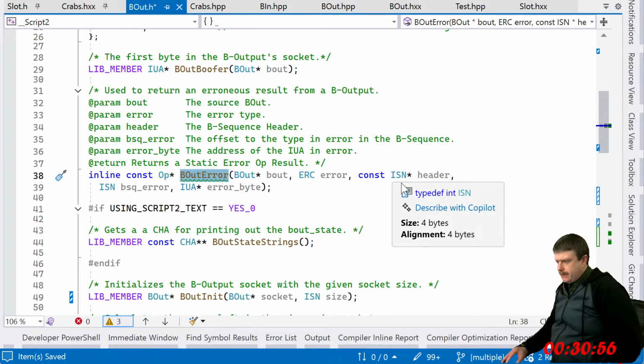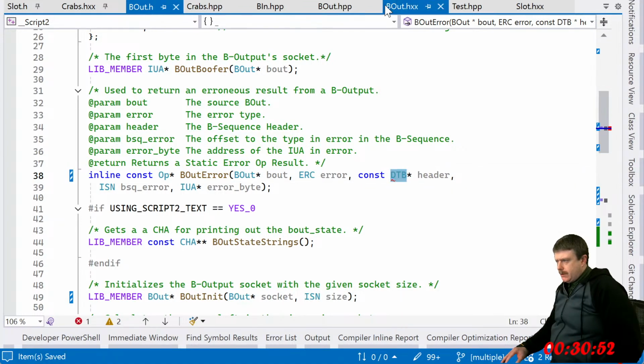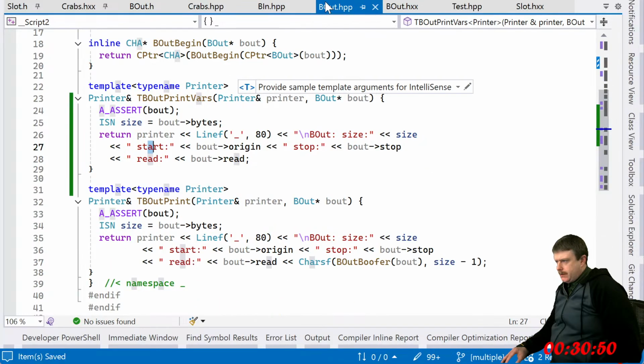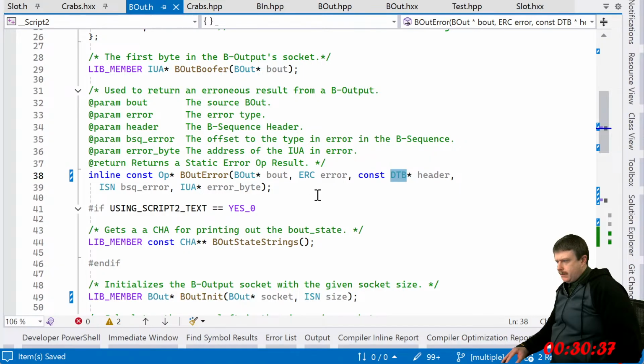Is it in the header? No, it's a DTB. Oh. Huh? This.